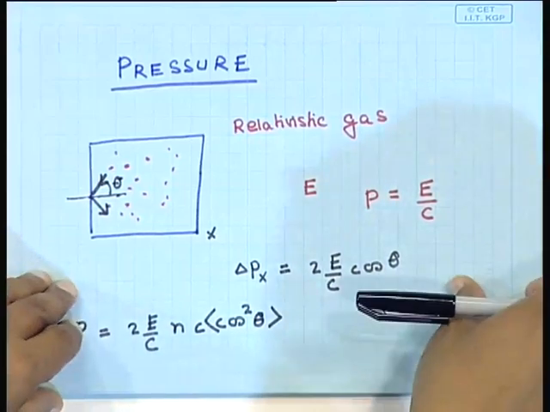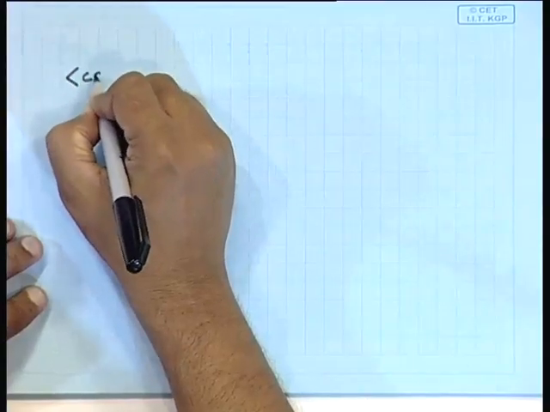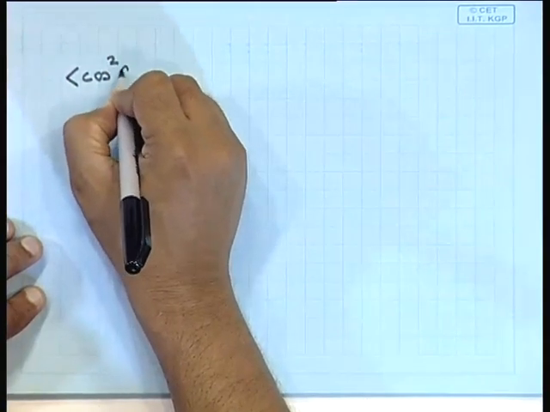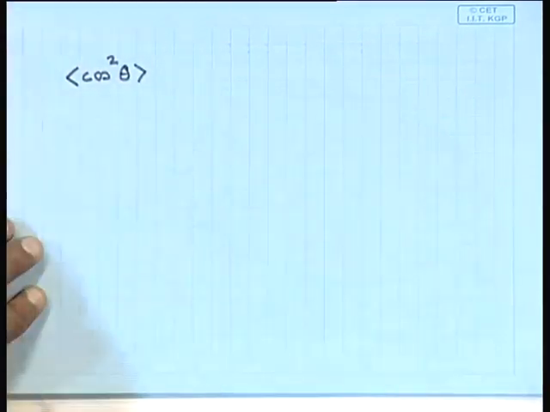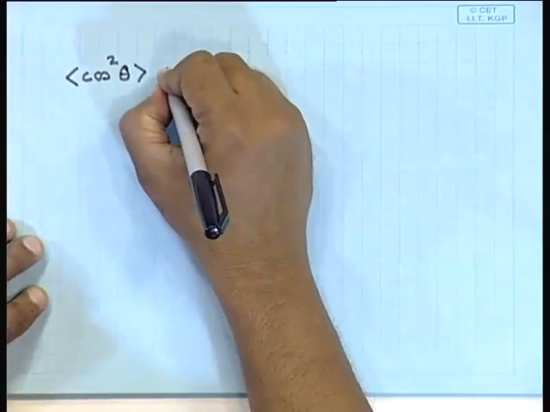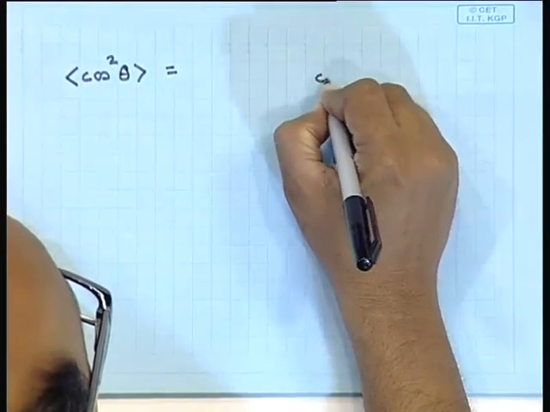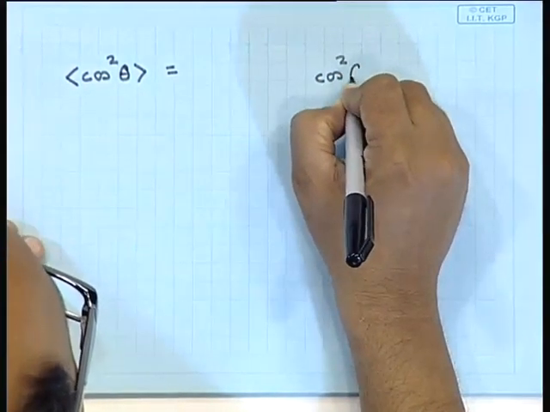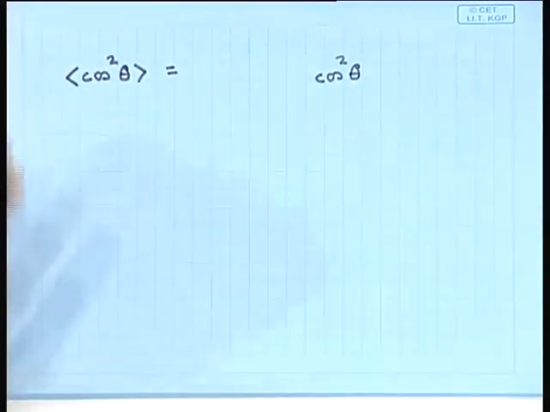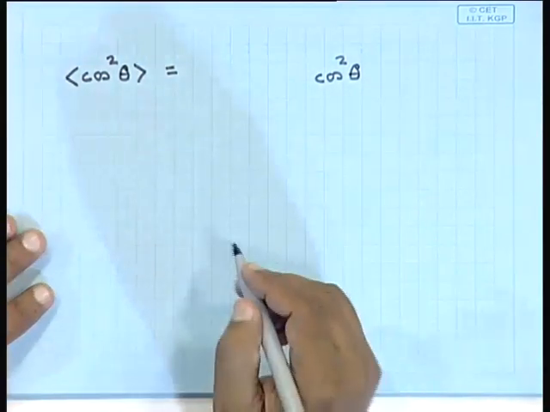How do we calculate the average value of cos square theta? We want to calculate the average value of cos square theta. So, we have to integrate cos square theta over all possible angles, all possible directions of motion. So, we have to integrate over all solid angles,